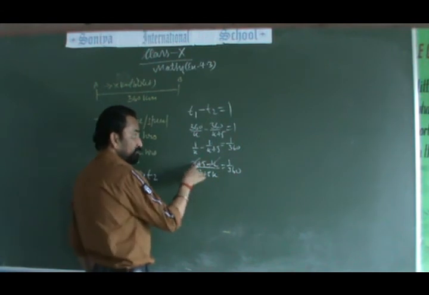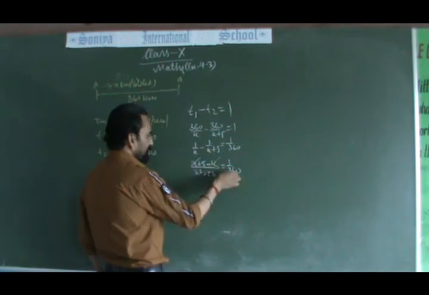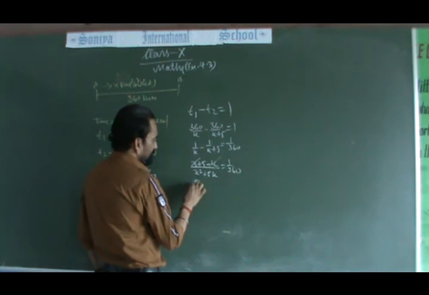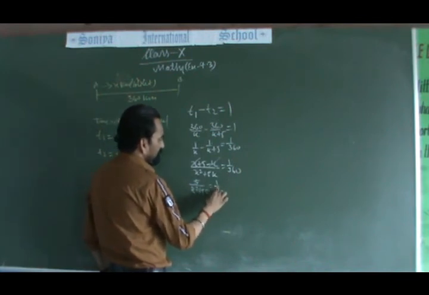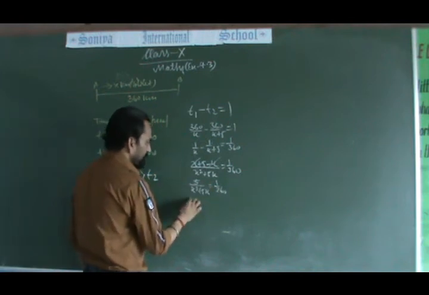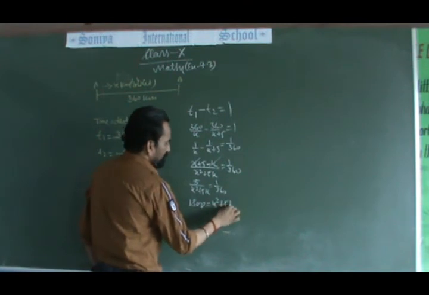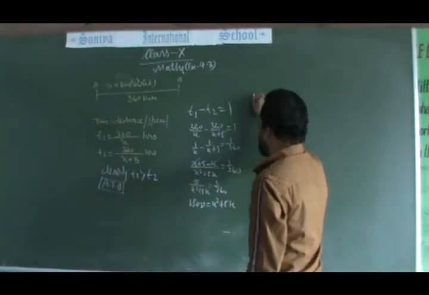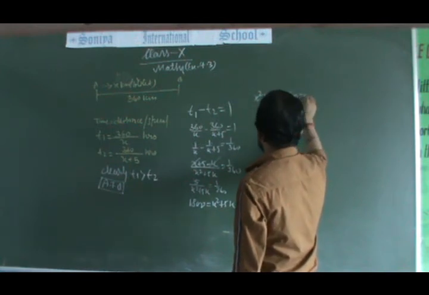Plus x and minus x are not cancelled, they both become 0. Never say that these two are cancelled. Plus x and minus x becomes 0. So we have 5 upon x square plus 5x equals 1 upon 360. Again cross multiply. 1800 equals x square plus 5x. Transpose everything to one side of the equals sign. We have x square plus 5x minus 1800 equals 0.